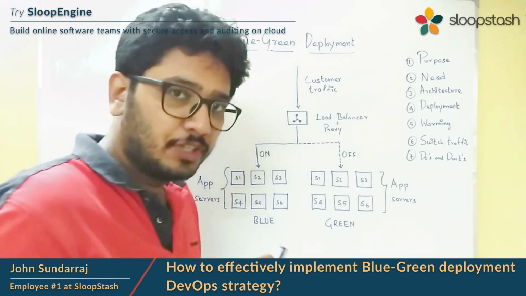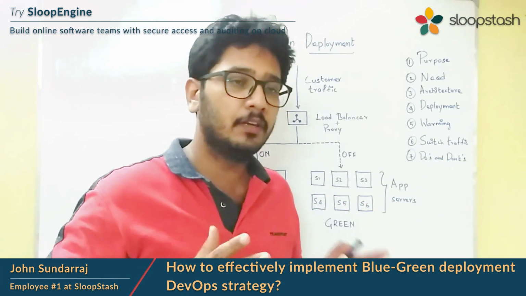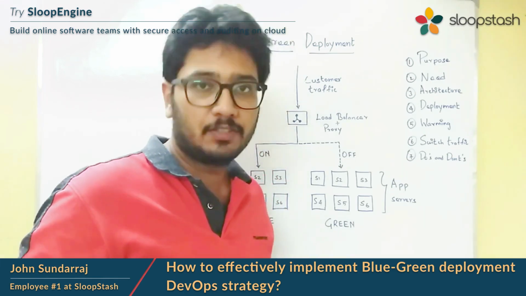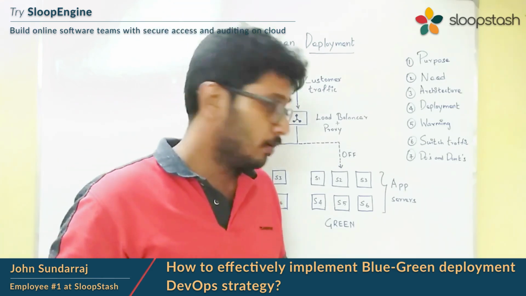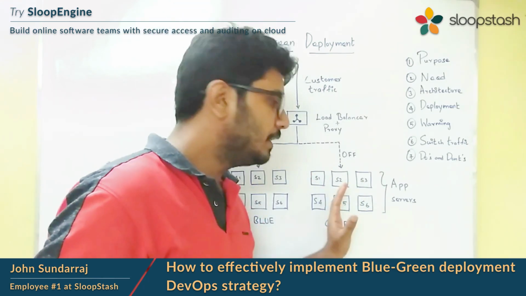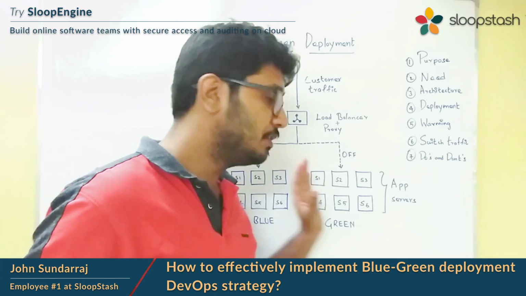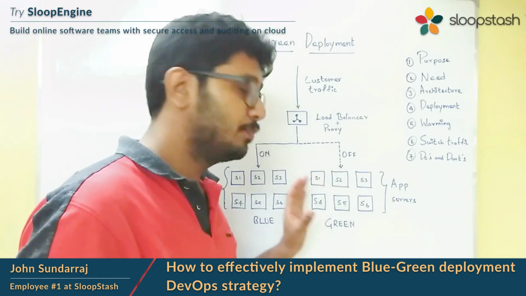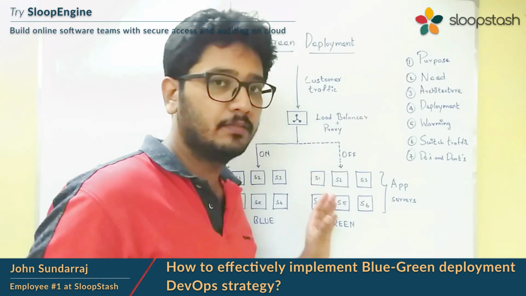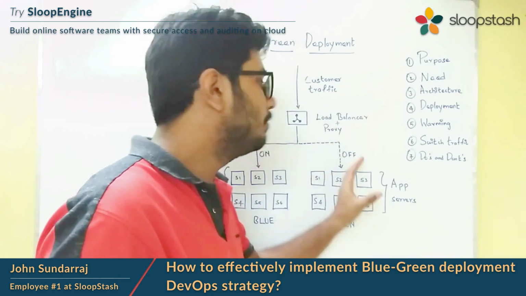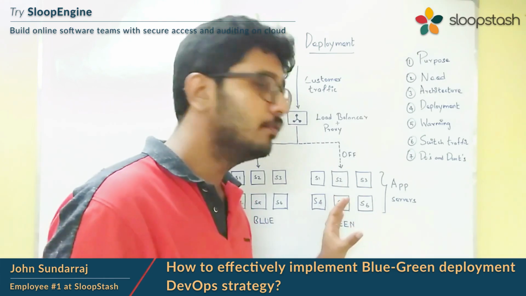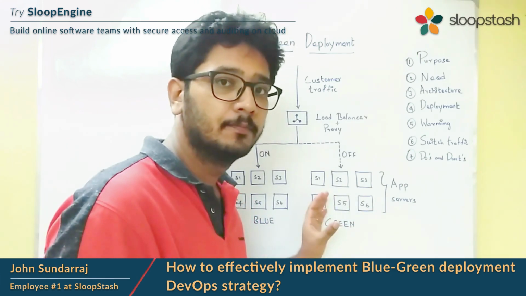You can use Chef, you can use Ansible, you can use Salt, it's up to our choice. Once the deployment is done on these servers, we need to thoroughly test our deployment. Basically, we need to test all the features, whether they are working properly or not. Only once the thorough testing is done can we start diverting the traffic. So this is how we can effectively do deployment.